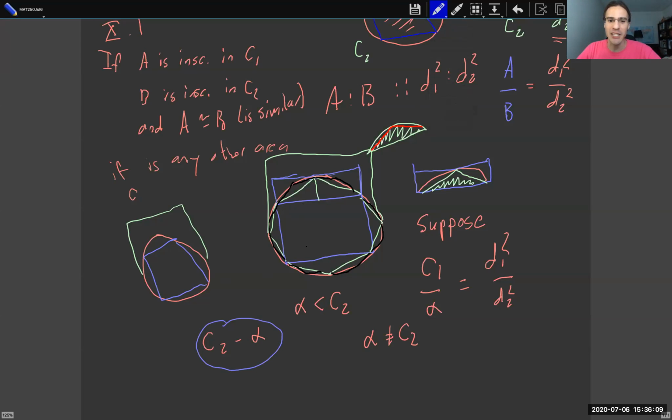But in light of what this information is, the difference C2 minus alpha, you can carry this over and do a bit of algebra and you get a contradiction, because you eventually get that the area of some inscribed polygon here has to be bigger than alpha. So you eventually get that all of the inscribed polygons are less than alpha, which is less than C2, but there's a difference here, and the fact that you can exceed it gives a contradiction. The precise way to do the algebra, I'm not going to show you, but the idea should fall out from here. You start with the idea that, if rectangles have this proportion, and then you have the idea that